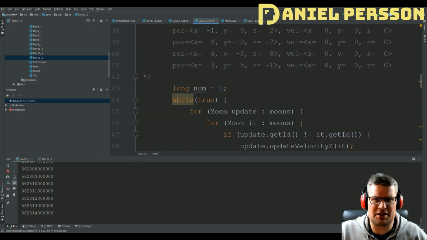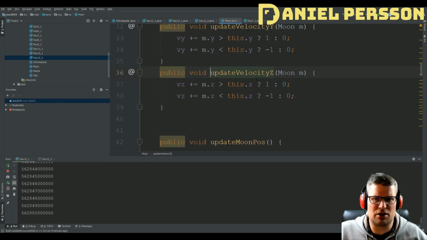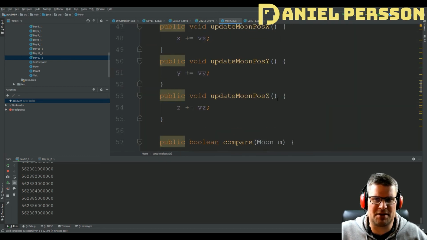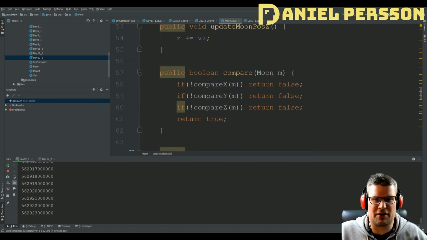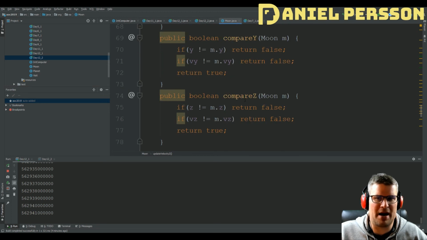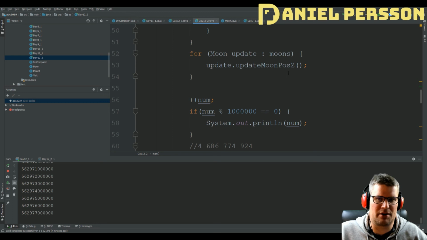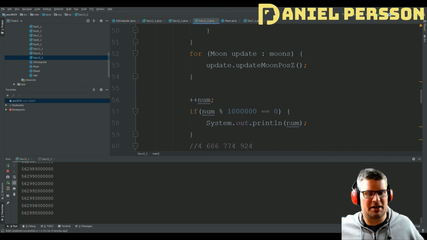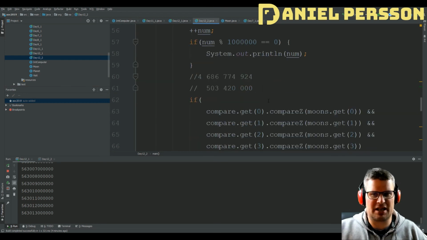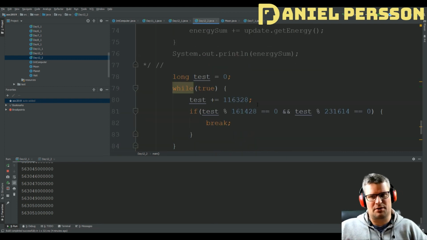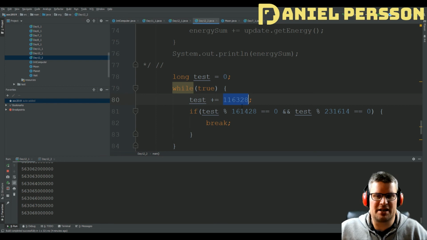So in this little function here, I have the same that we have in the other. I just created new functions to update velocity for z, y, and x, and update the moon position for x, y, and z. And I keep the old functions as well, and the same for compare. So I could just set a specific character after each of these, and then I will run these through, and that will go quite fast. And the results that I get is